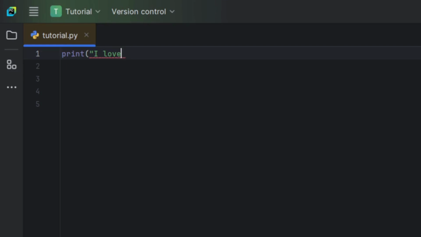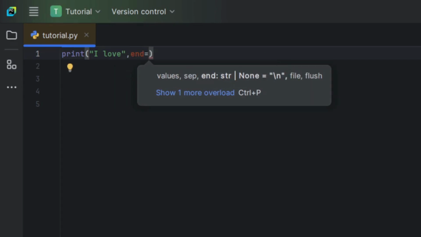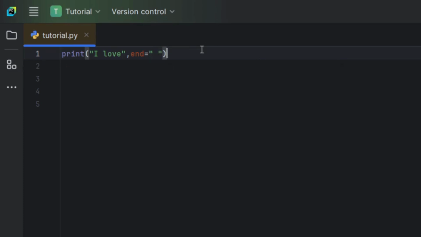So let's try it. First, let's take "I love" in one print function and let's give it a comma and let's type end. End is equal to, let's open our quotes and let's put a space.